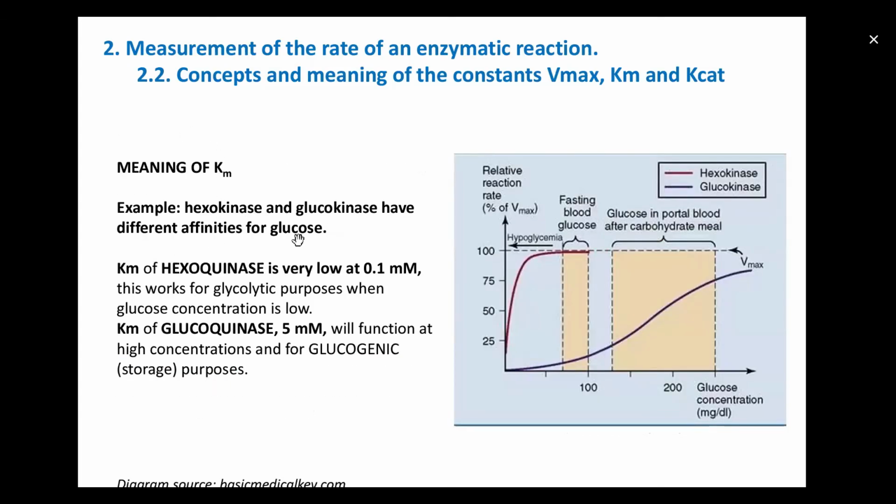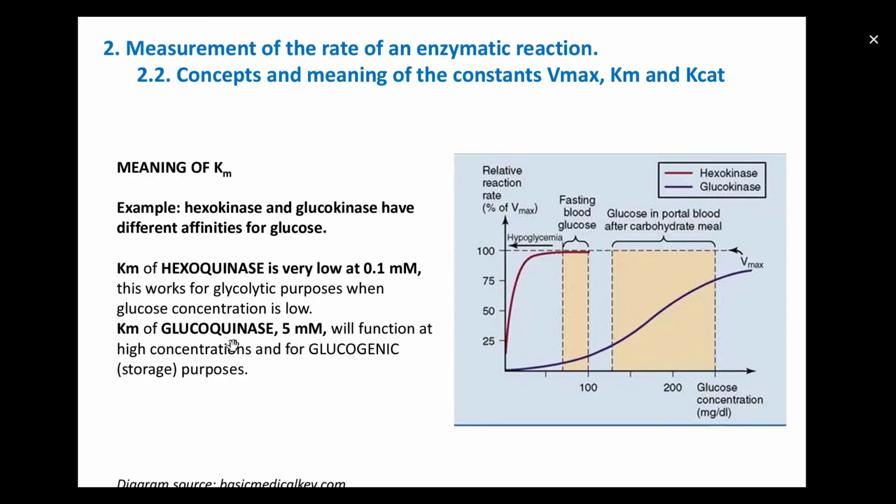So the meaning of Km, still on that. For example, let's say you have hexokinase and glucokinase. They have different affinities for glucose. The Km for hexokinase is very low at 0.1 millimolar, and this works for glycolytic purposes when glucose concentration is low. So if the glucose concentration is very low, this is where the Km value will play a role in catalyzing the glucose for glycolysis. But the Km value of glucokinase is 5 millimolar,